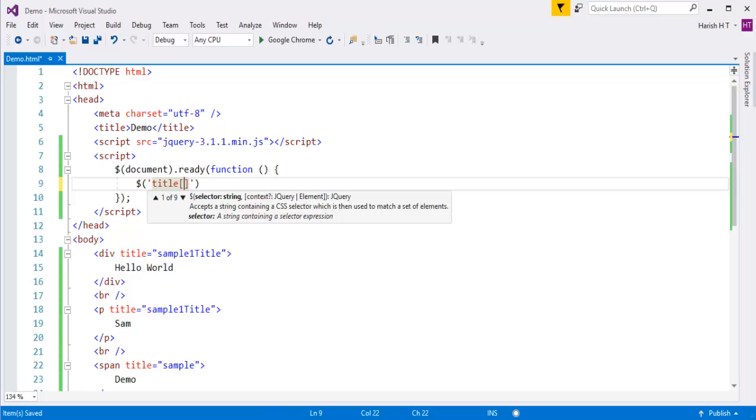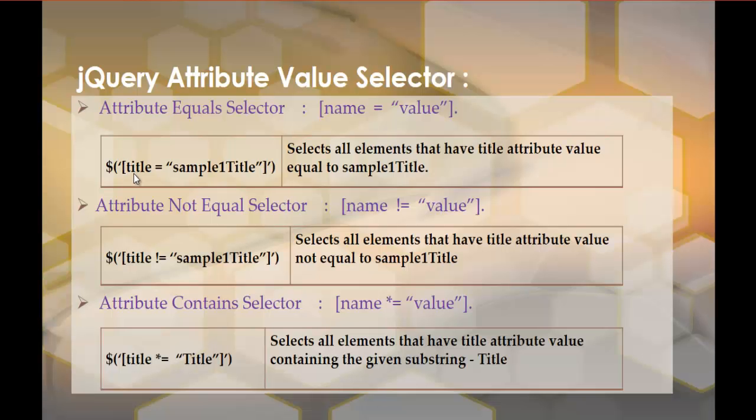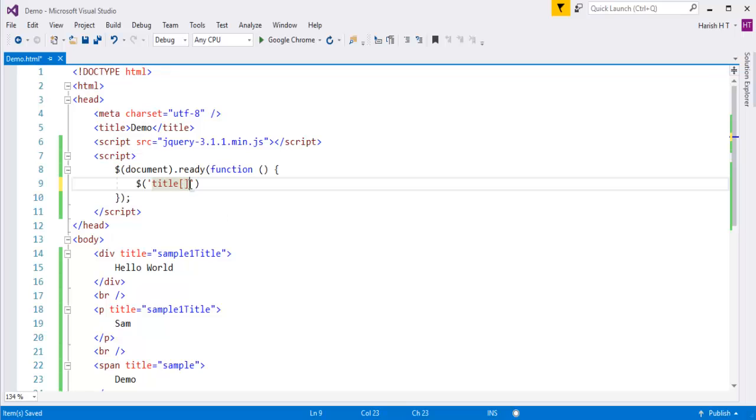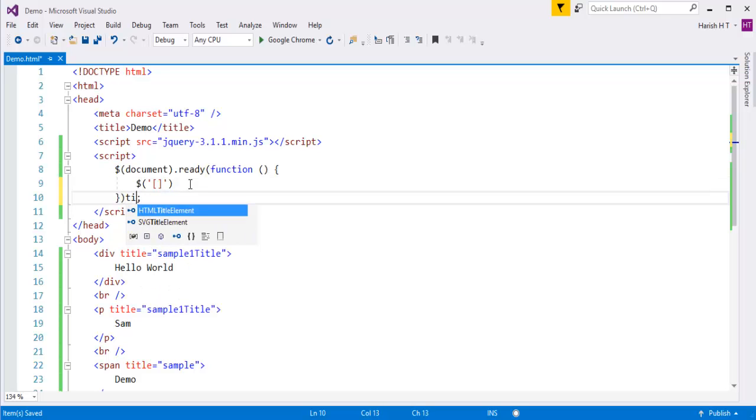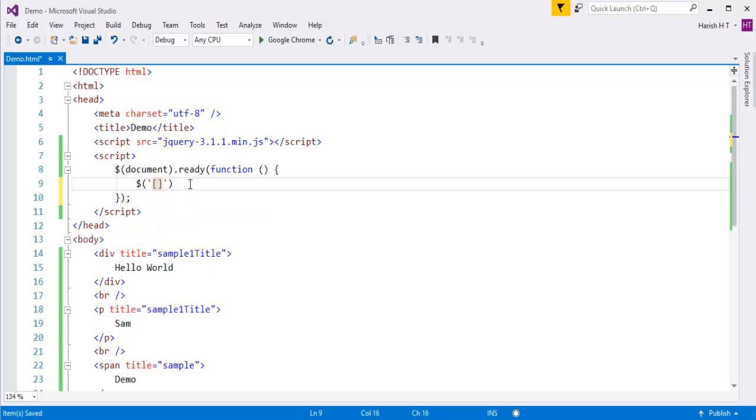Let me go back here to my presentation. This is how I specified it here: title attribute value is sample1 title. So let me go back and code it as it is present there. Oh, I have made a mistake, so I have to pass that within square brackets: title equals, the value is sample1